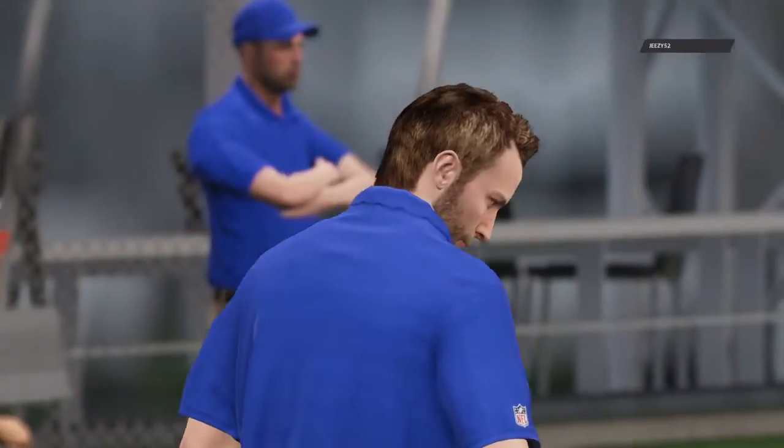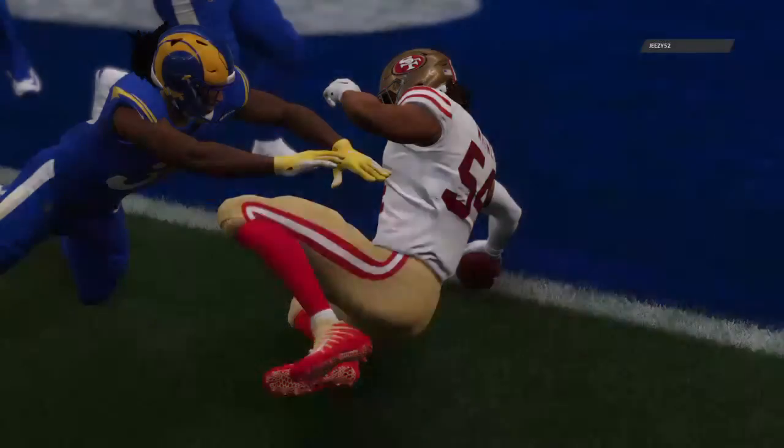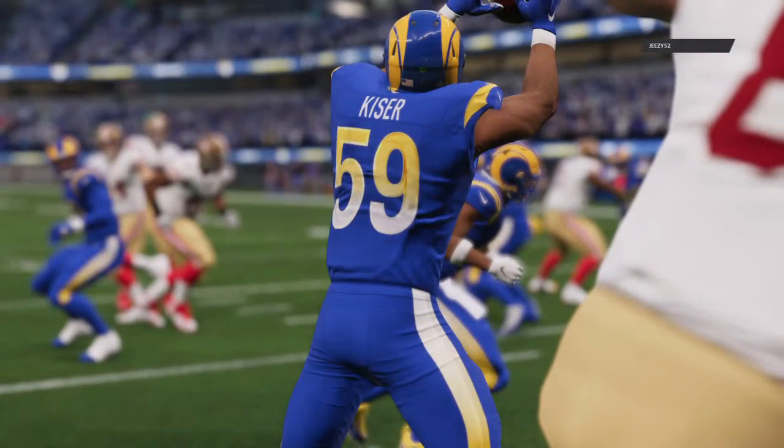So the victory here for San Francisco, and they were really helped by their defense, forcing 3 turnovers. I think what we saw in this one, today's defense. And what I mean by that is in the old days,